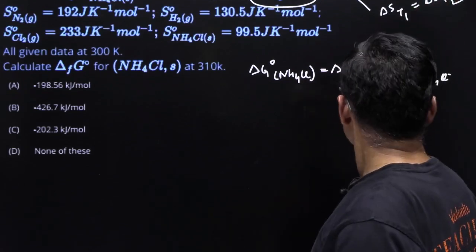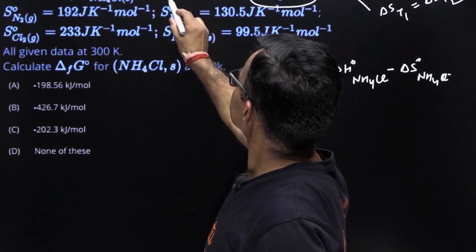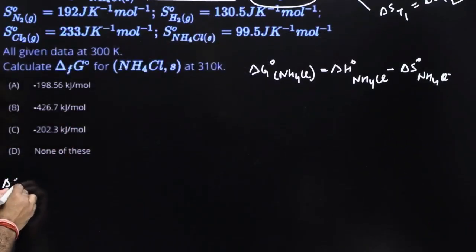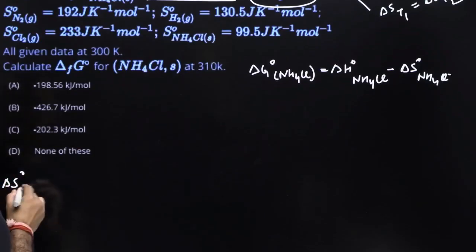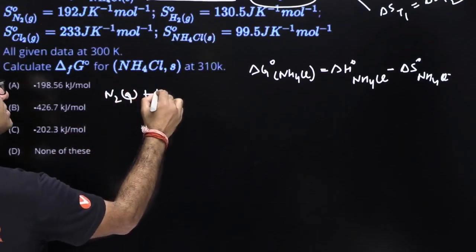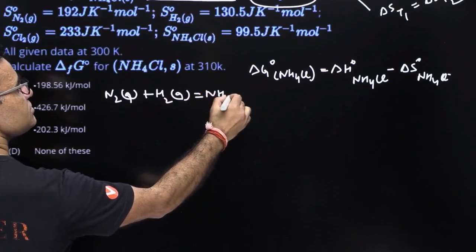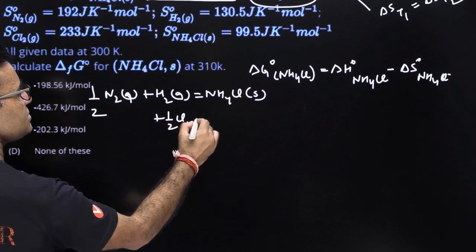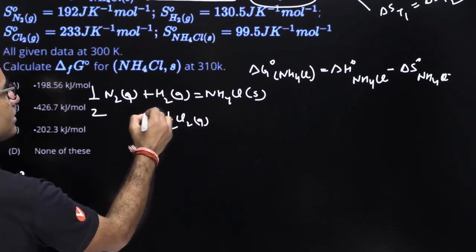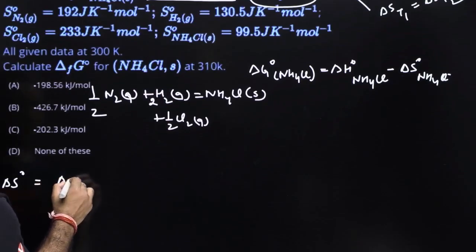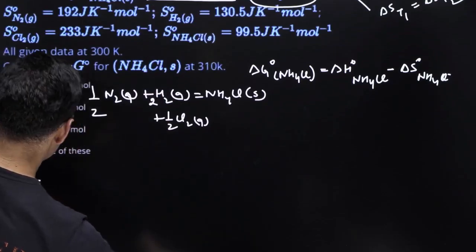ठीक, अब डेल्टा एच मुझे दिया हुआ है तो मैं सीधे ले लूंगा वो ये वैल्यू, और डेल्टा एस में निकाल लेता हूँ, डेल्टा एस नॉट ऑफ रिएक्शन कितना हो जाएगा, डेल्टा एस नॉट ऑफ रिएक्शन एट एनी टेम्परेचर ले लो, कोई फर्क नहीं पड़ता, दिस इज गिवन एज एस नॉट ऑफ रिएक्शन है कौन सी, NH4Cl का फॉर्मेशन, तो N2 गैस प्लस H2 गैस चेंजिंग इनटू NH4Cl सॉलिड, राइट। तो यहाँ पे हाफ N2 होगा प्लस हाफ Cl2 भी आएगा, हाफ Cl2 गैस, ठीक है। तो डेल यहाँ भी, यहाँ पे ट्वाइस आ जाएगा, ठीक है। तो डेल्टा एस नॉट इज गोइंग टू बी, डेल्टा एस नॉट दिया हुआ है सभी का,